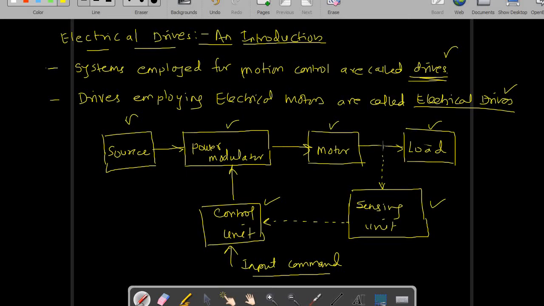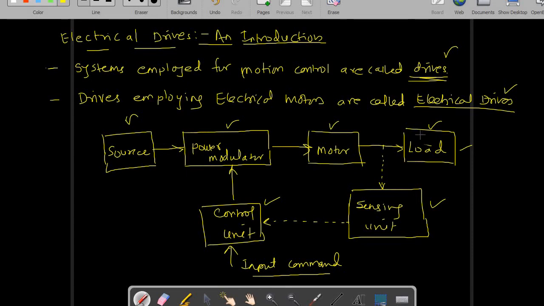So load is usually a machinery which is designed to accomplish a given task. Now this task can be fan, pumps, robots, washing machines, machine tools, trains and drills, and for this task we will be using that will be called as a load. Usually load requirement can be specified in terms of speed and torque demand that will vary as per the requirement of a load. The motor having torque, speed characteristics and capabilities compatible to the load requirement is chosen particularly.